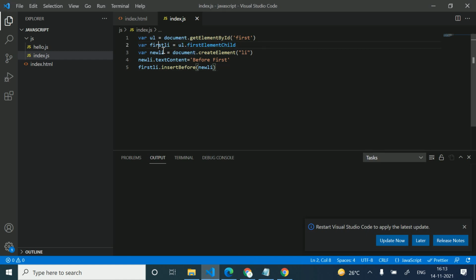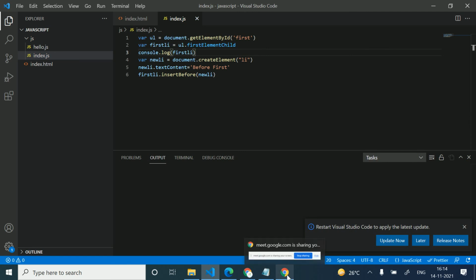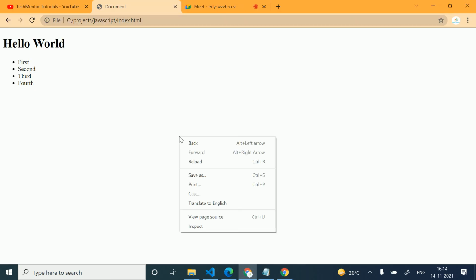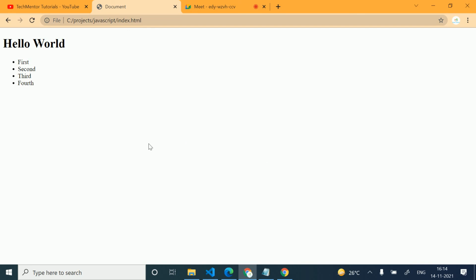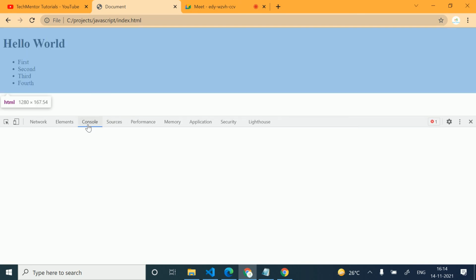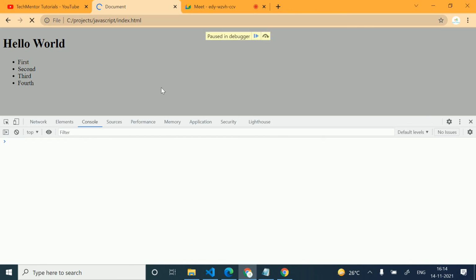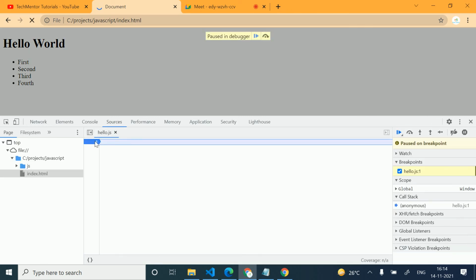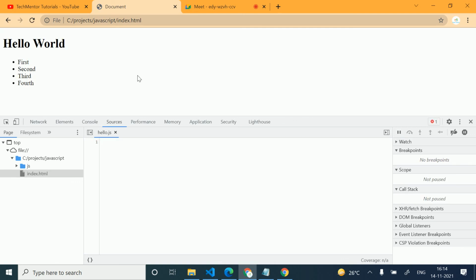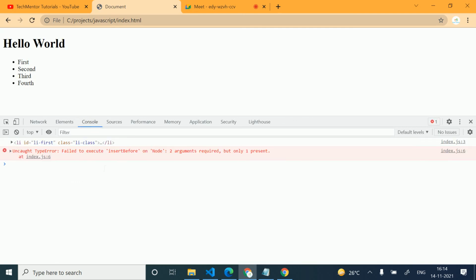Now I am going to the console because we are not able to add this. I removed the debugger and I'm going to the console.